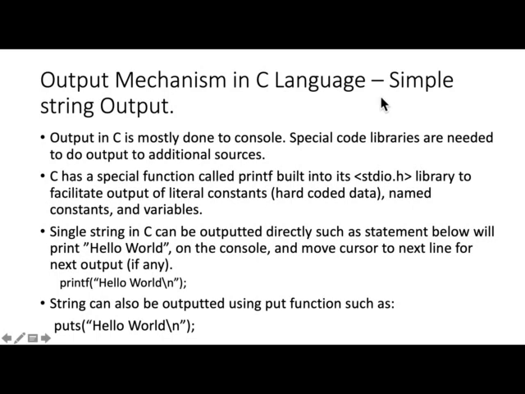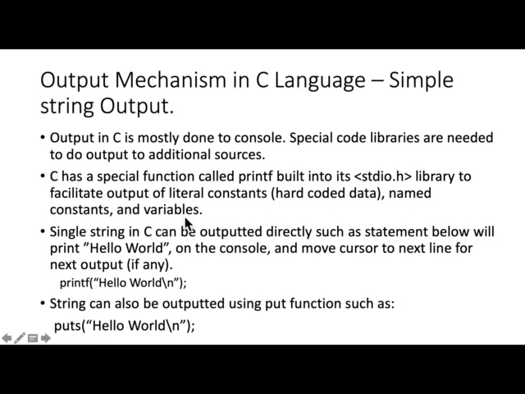Output mechanism in C language. You can make a simple string output as follows. Output in C is mostly done to console. Special code libraries are needed to do output to additional sources. If you want to output to a file or database or to a picture screen, additional code will be needed. But to output to console, C has a special function called printf built into the stdio.h library, which is included pretty much always. And that facilitates output of literal constants, that is hard-coded data, named constants, where you have defined a constant, and variables